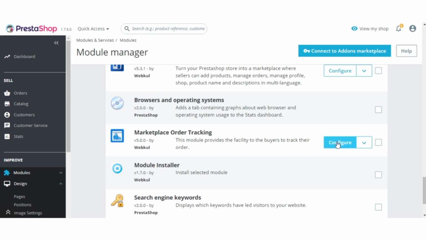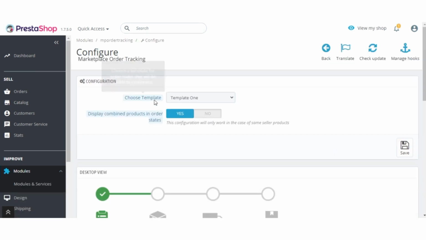Let's discuss module configuration first. From here, admin can select the template for order tracking states that are displayed on the order details page.